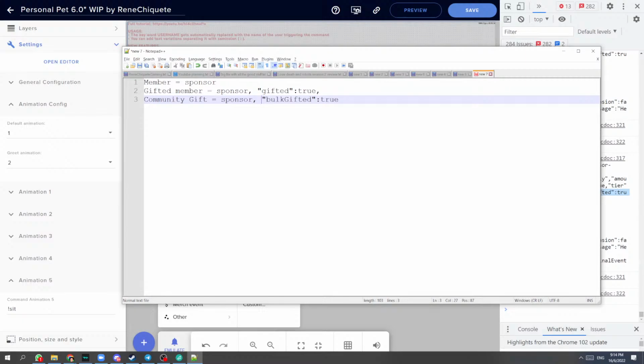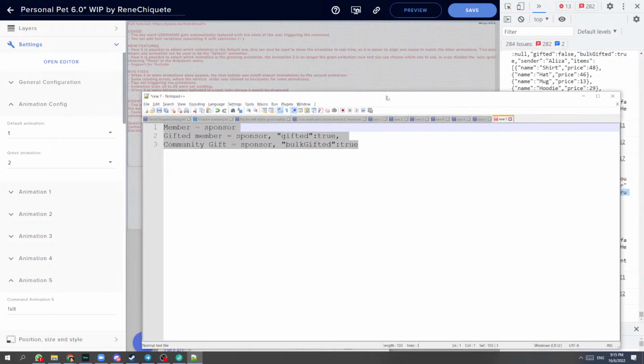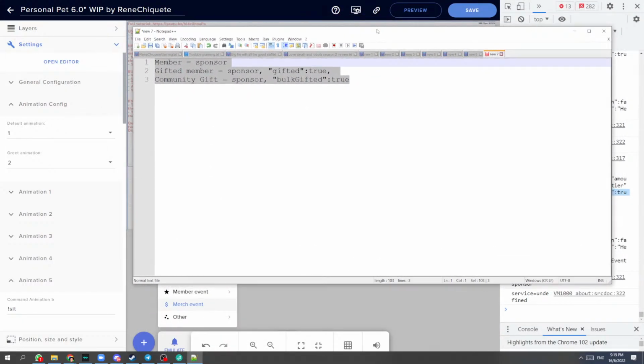All right, so let's see. So we got these three, and we need to add these three. We need to add where? Well, I'm gonna add the sponsor, and then I need to add a couple of flags inside the sponsor to be able to distinguish between the three different types of memberships: either regular membership, or a gifted membership, or a bulk gift, or a community gift membership. So let's see. I'm gonna have to add